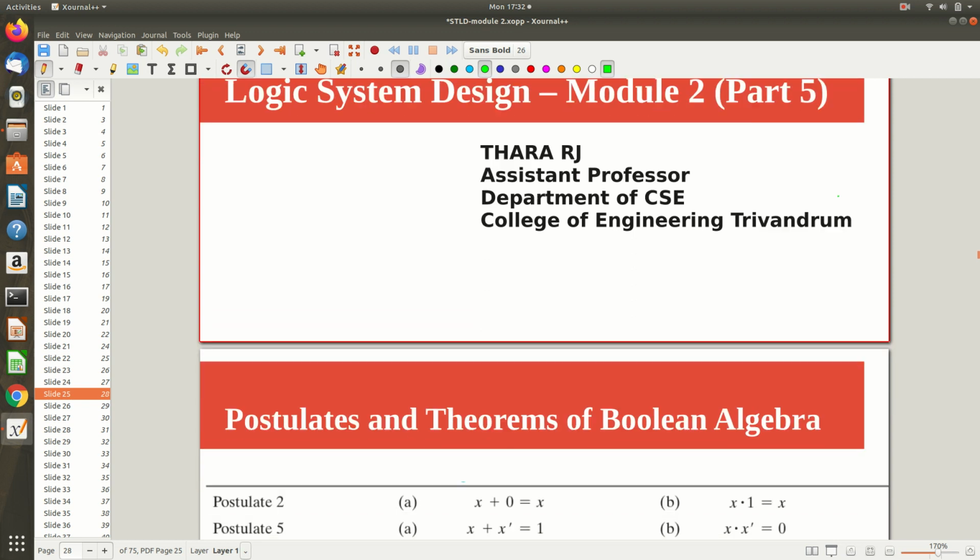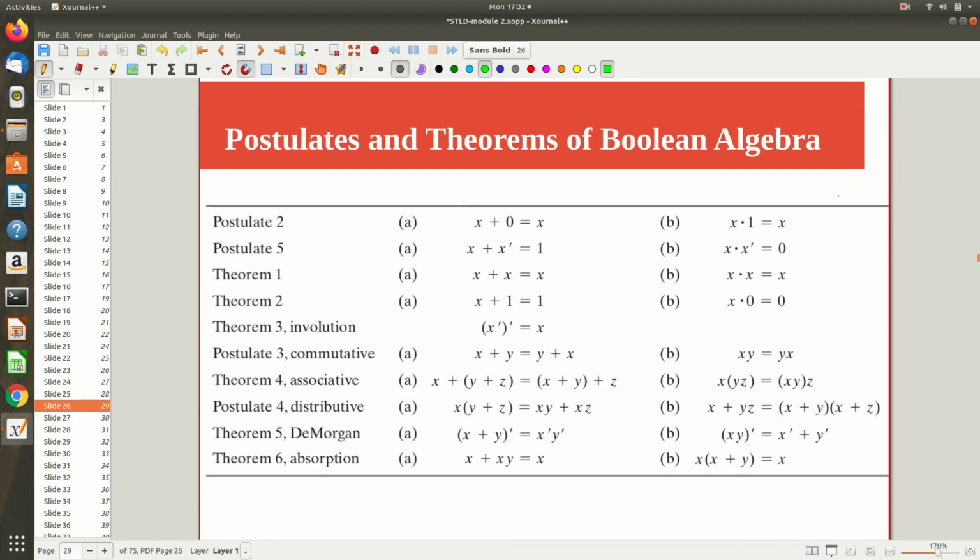And accordingly we saw the important postulates also. Now this table summarizes the important postulates as well as some of the new theorems whose proofs we are going to see, which are important for us. So where these are used is another important area.